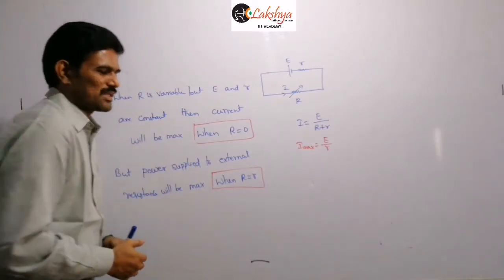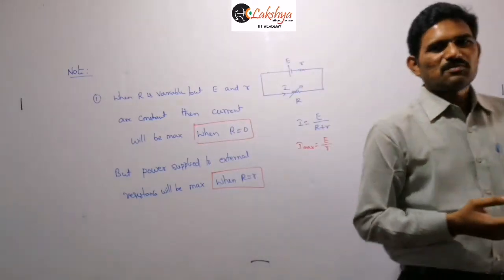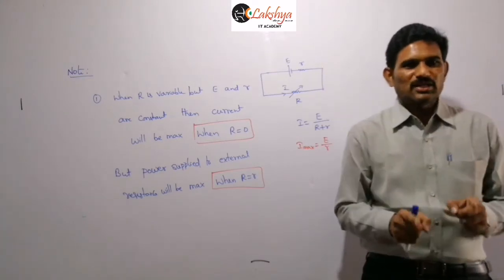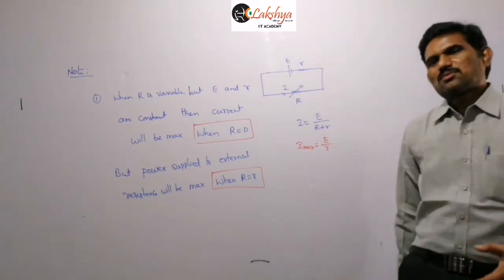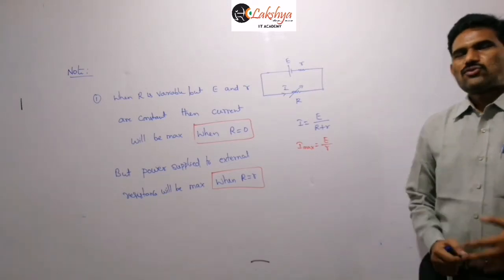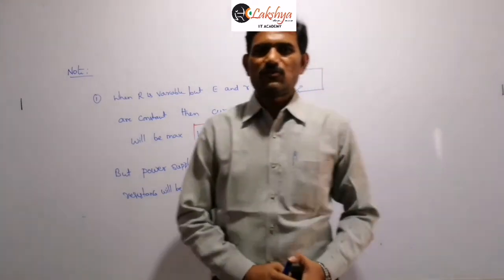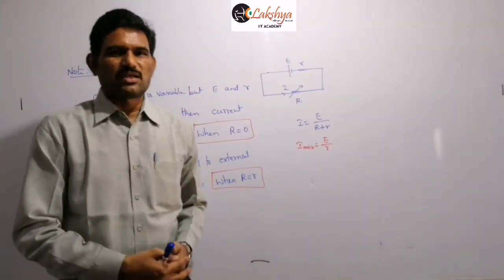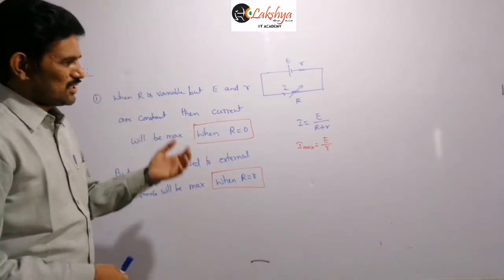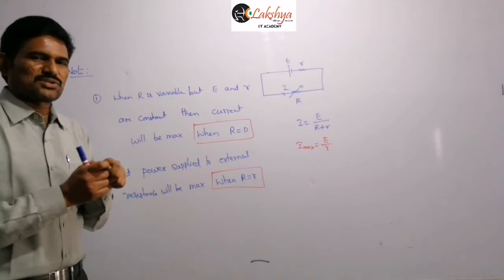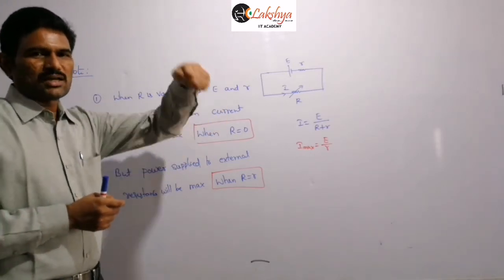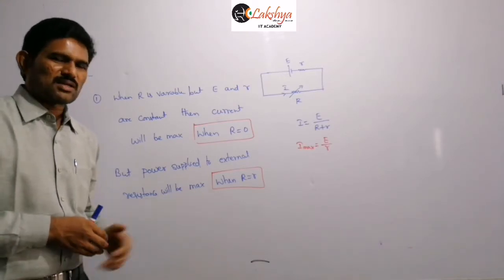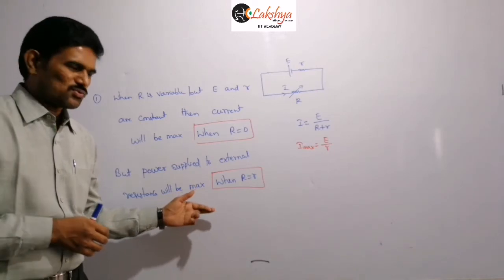That means for maximum power and maximum current, we are getting different conditions here. You need to identify the difference between them. To get the maximum current, we simply remove the external resistance. When you remove the external resistance, you can't calculate the power delivered to the external resistance, because the external resistance itself is absent in the circuit. So the cell is not supplying any power to the external circuit. But if you connect some external resistance and want to find when the power supplied to that external resistance becomes maximum, then this is the case where you will get the maximum power, right? So remember this.